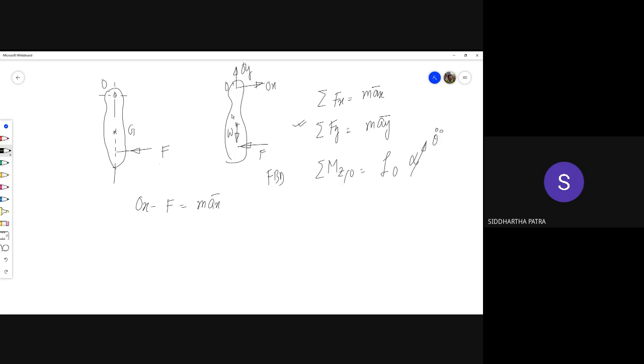The moment about O, because this time the weight passes through O, so the moment is only due to F. So you are ignoring the second equation, but the first and third we are using. This is what we get out of the first equation. The third equation tells us, let's say this much is R bar and this distance along the axis is X. So F times X,